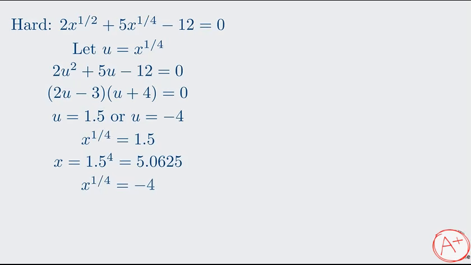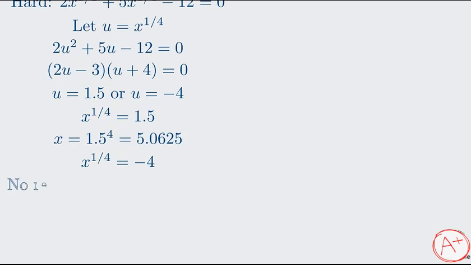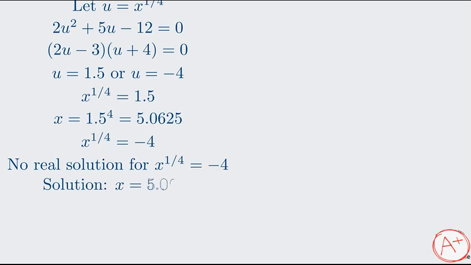For the second case, x to the power of 1/4 equals negative 4. Since an even root of a real number cannot be negative, there is no real solution here. The only solution is x equals 5.0625. To summarize our lesson,